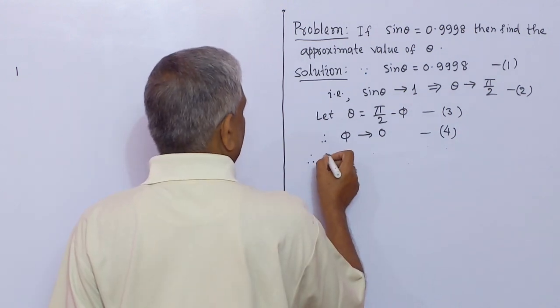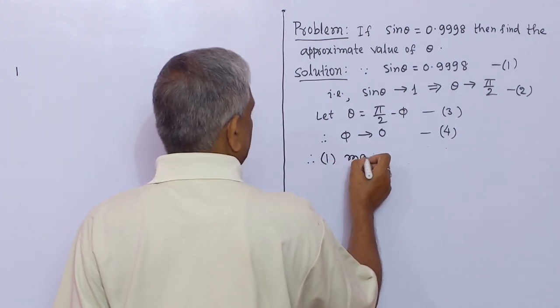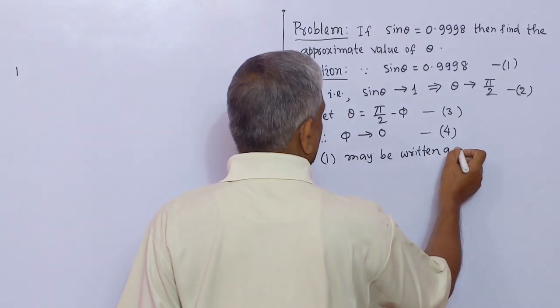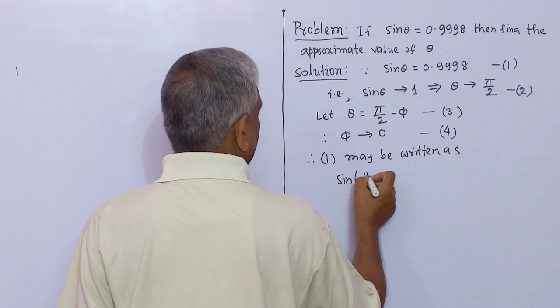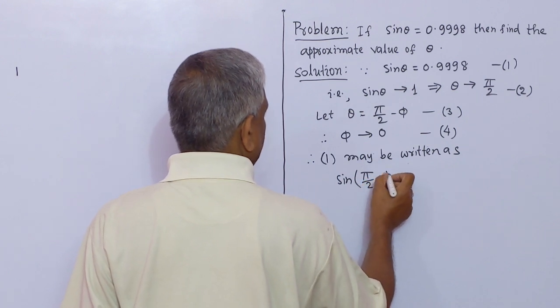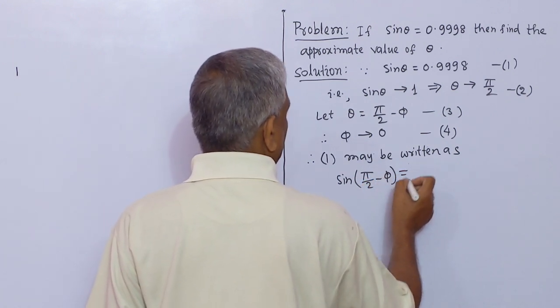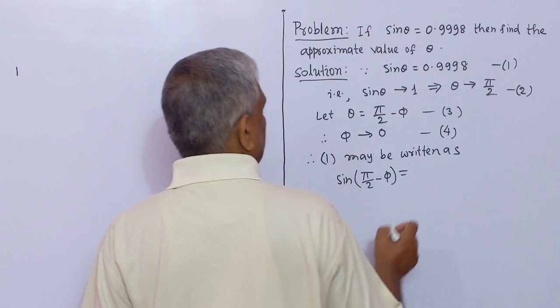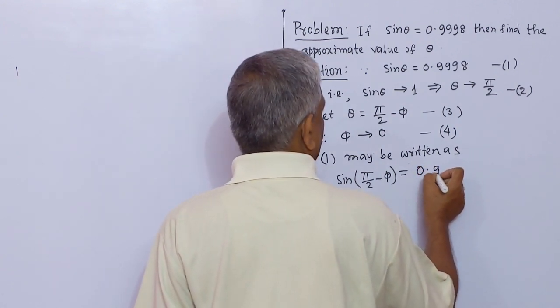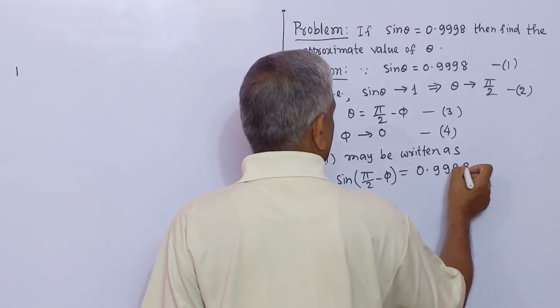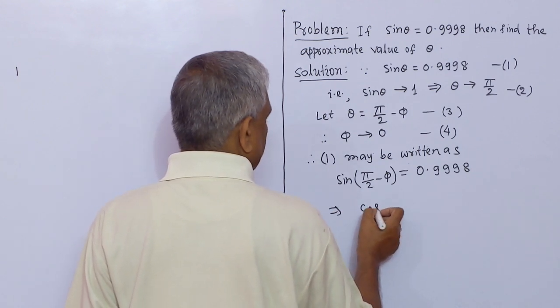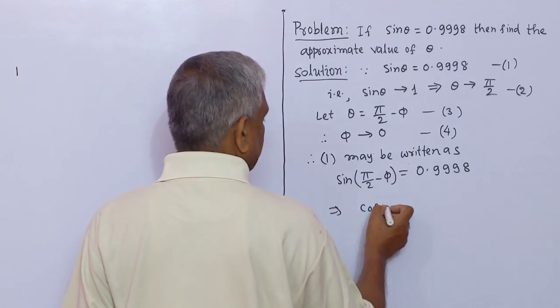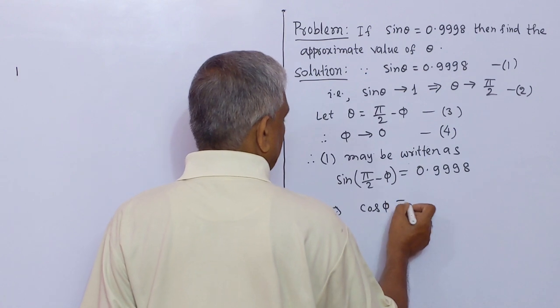Therefore, 1 may be written as sine theta, meaning sine of pi by 2 minus phi, equal to 0.9998, which implies that sine of pi by 2 minus phi is cos phi, equal to